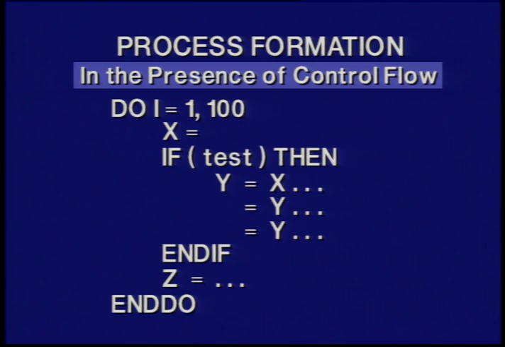Now, a program, of course, can be very large. There can be hundreds and hundreds of statements. There can be many different ways of forming the conditional relationships in the program, as well as the dependence relationships. Not only do we have to get the relationships expressed as carefully as we can, we need to be able to do it as quickly as we can in order for these compilers to be reasonably fast. If we spend all day forming parallelism, we probably have lost some of the value of this. We need to be able to do it rapidly.